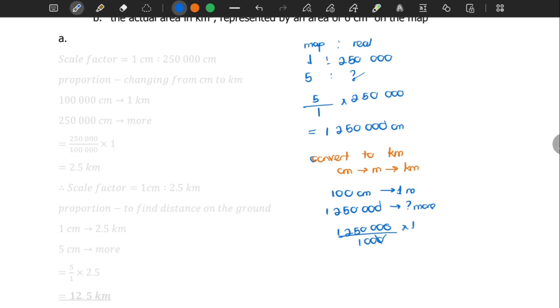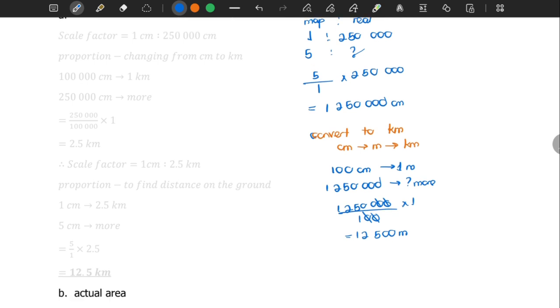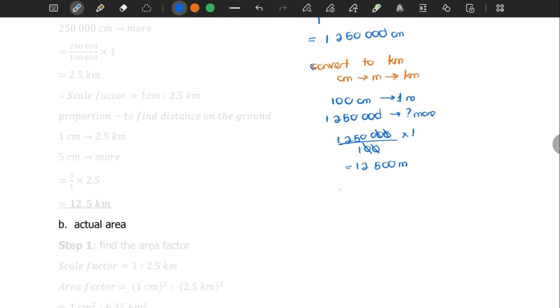Sorry, over 100, not over 1,000. Then dividing, you get 12,500 meters. And then converting to kilometers,